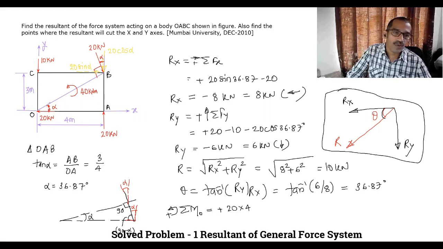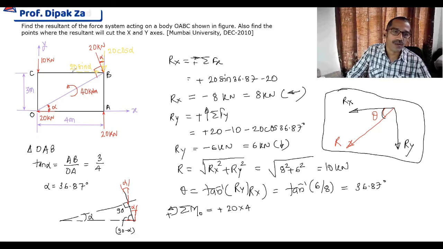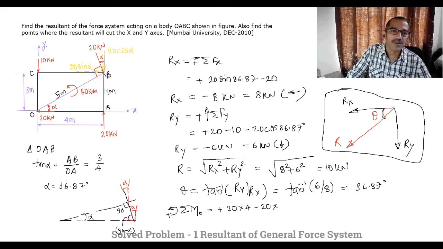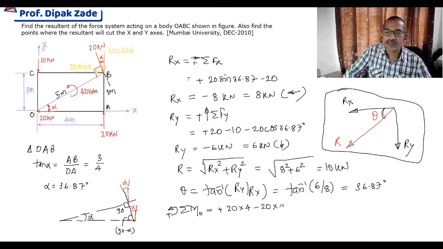Now this 20 kilonewton inclined force acting at B is perpendicular to OB. So imagine OB is a rod, and the 20 kilonewton force is applied so that rod OB will rotate about point O in clockwise direction, minus 20 into, now the force is inclined. Normal practice would be to resolve it and take moments, but for this inclined 20 force, if we check the dimension of OB, this is the standard triangle. Horizontal 4, vertical 3 meter, 3, 4, so OB will be 5. And this is the line of action of the 20 kilonewton. OB becomes the perpendicular distance. That means it is 20 into 5 with minus sign.